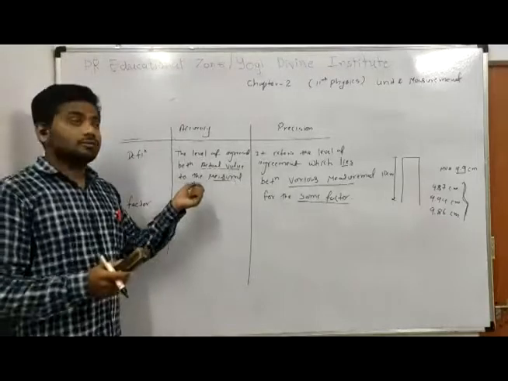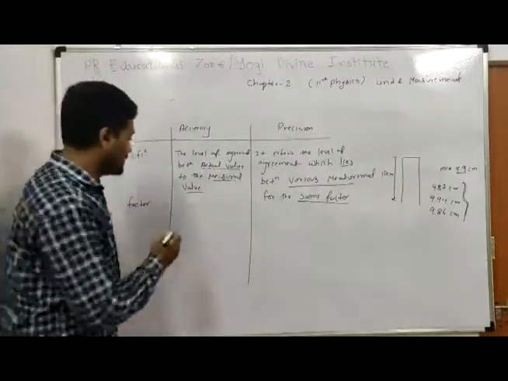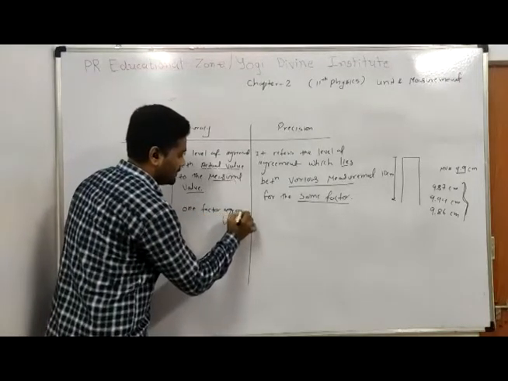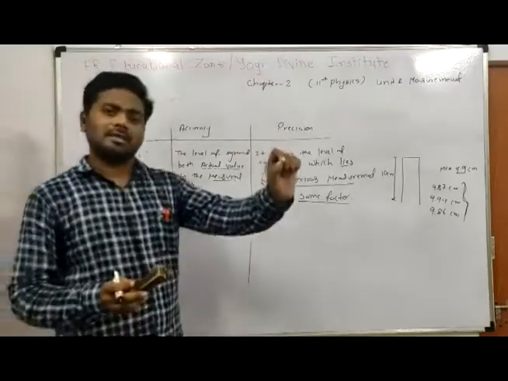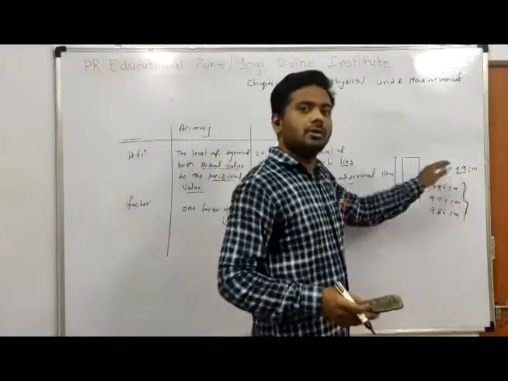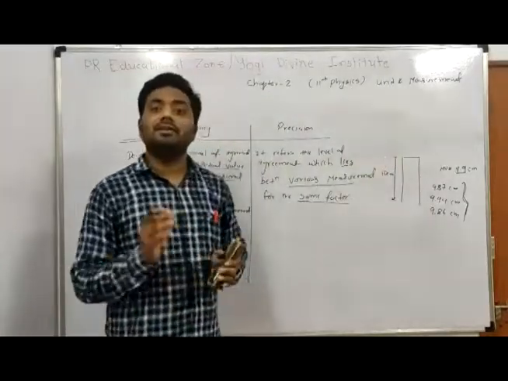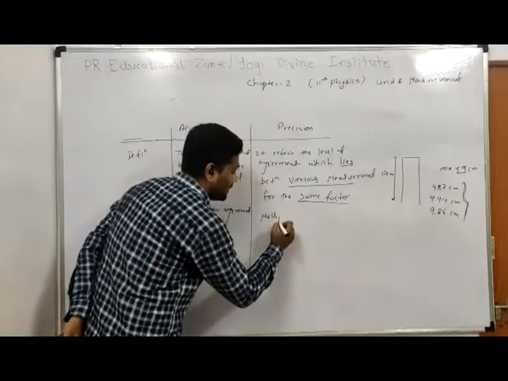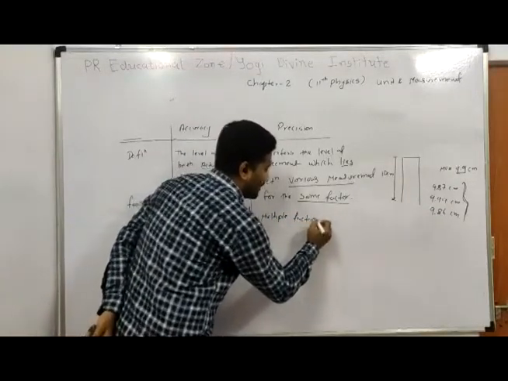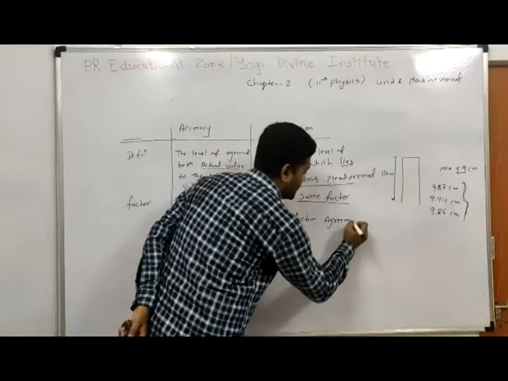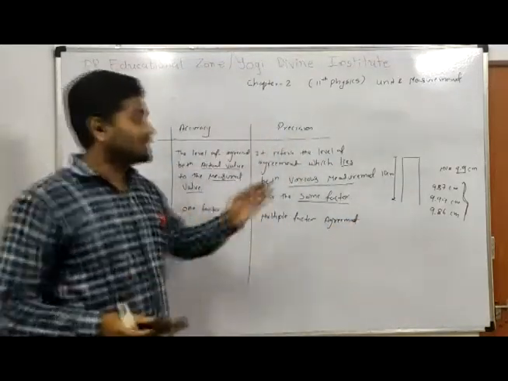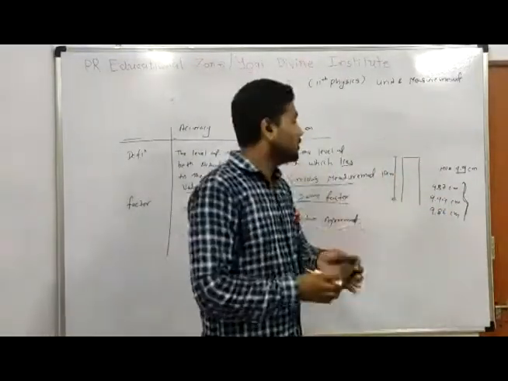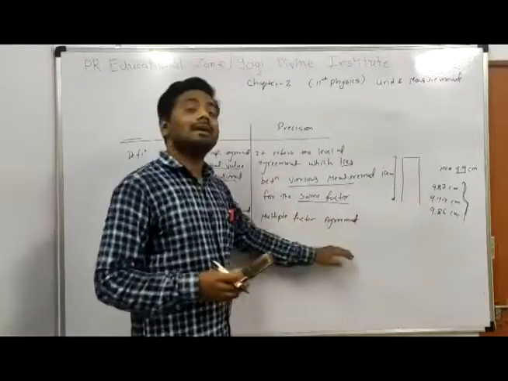So accuracy is a one-factor agreement, meaning in this case only one measurement is required to see how the measured value deviates from the true value. But precision is a multiple-factor agreement, meaning we are measuring various values, and through the various values we define our conformity towards the actual value. So this is the multi-factor agreement.